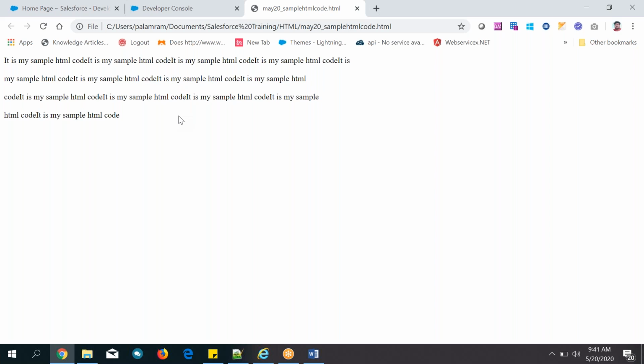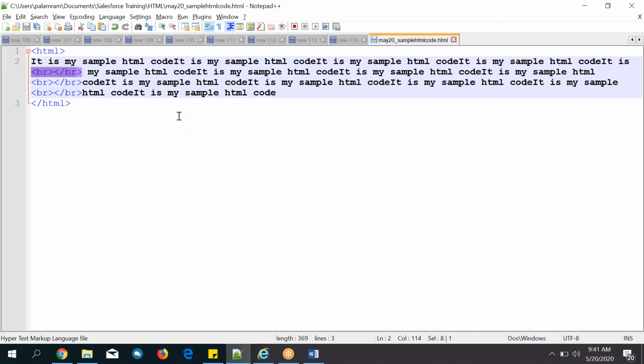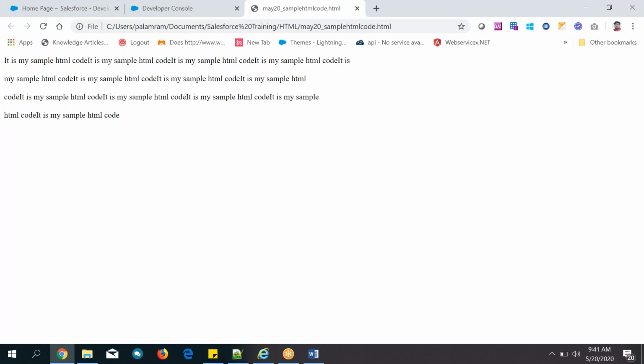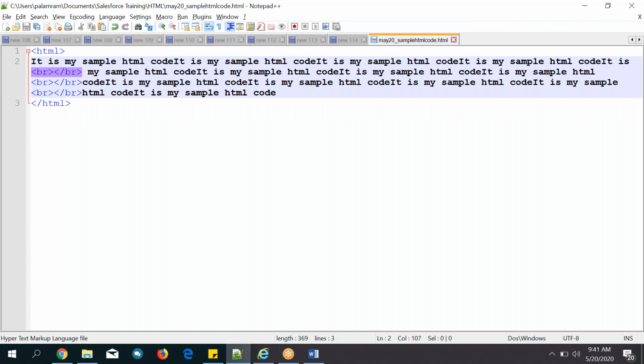Then you can use HTML code. With the help of HTML code, whatever you have imagined can be displayed. Ultimately, HTML can be used to display the output in the browser.